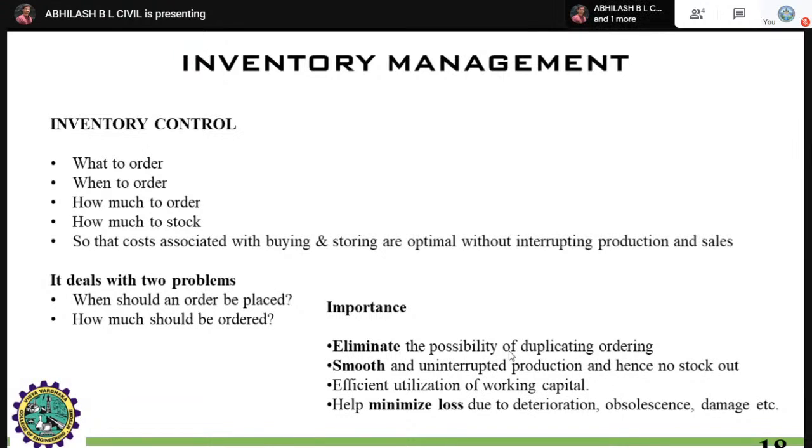For example, if you consider a small residential project, you can easily identify on what day the plinth will come, on what day the flooring will come, on what day the roof will come. Similarly, if you go for huge constructions, for example different apartments, villas, mass rapid transit systems, industry, with huge amounts of land in acres, you cannot manage such activity. That is, when should an order be placed and how much should be ordered.